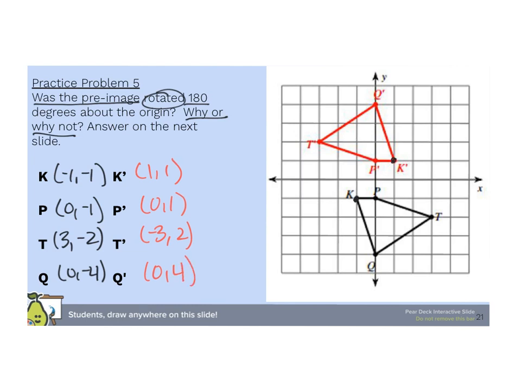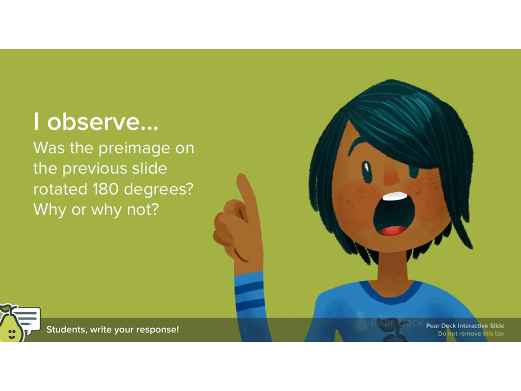So now I can prove, yes, this was a 180-degree rotation because all of the X and Y coordinates became their opposite, which is what you will type in this slide. Was the pre-image rotated 180 degrees? So yes, comma,